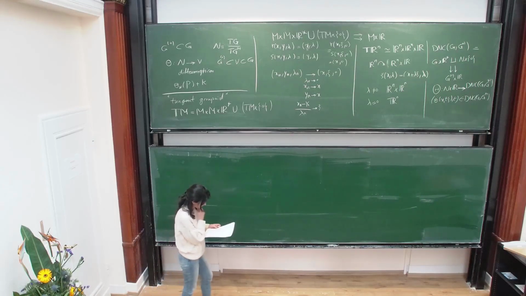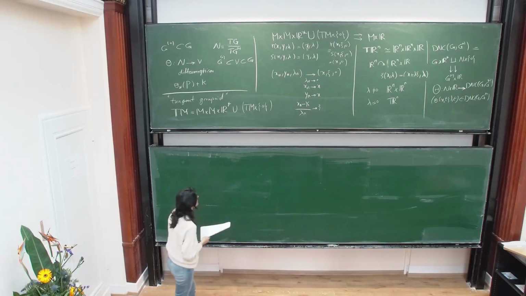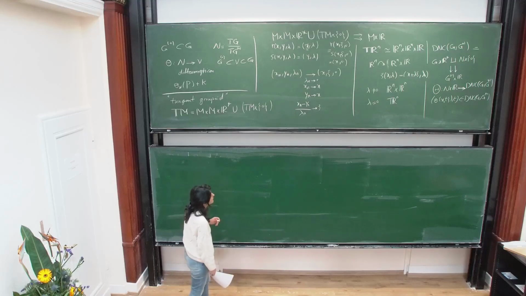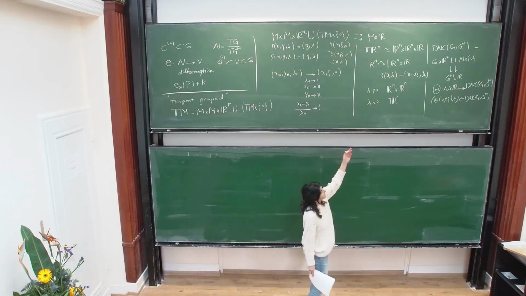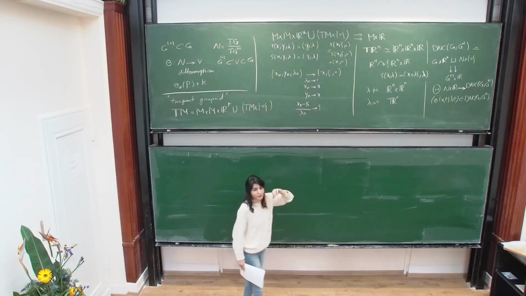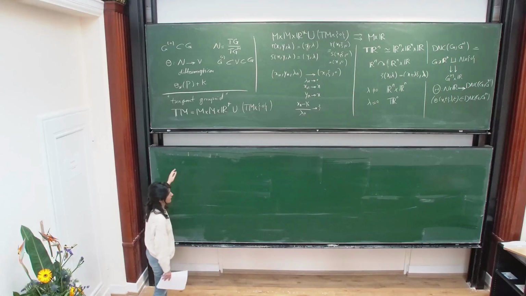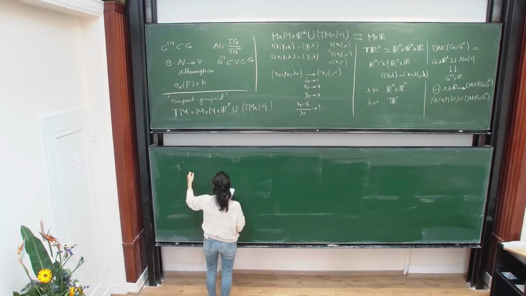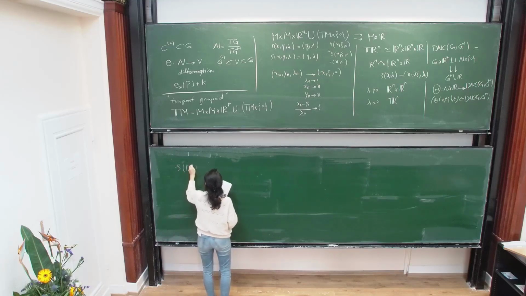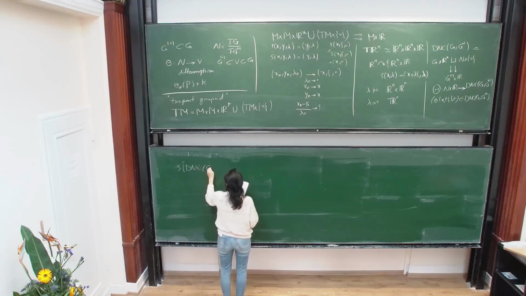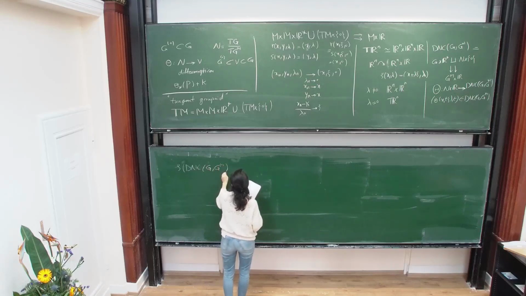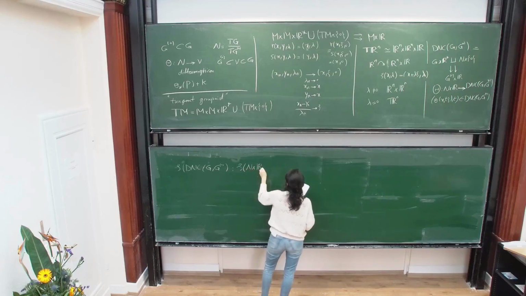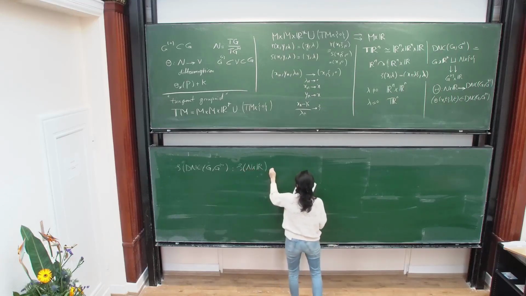And now I can define the Schwartz function on DNC, which will be the Schwartz function on N cross R, extended naturally to compactly supported functions on G. So I have S of 0, which is a Schwartz function on the vector bundle N cross R, plus compactly supported functions